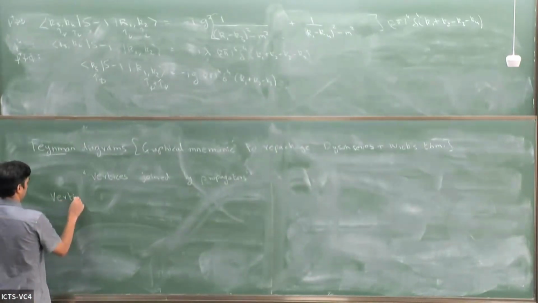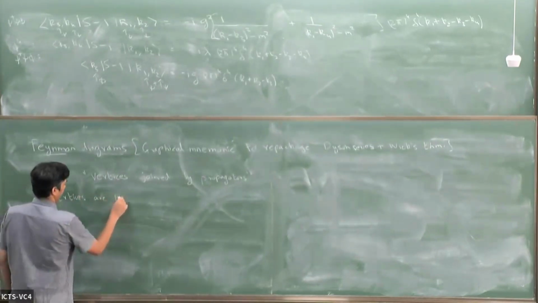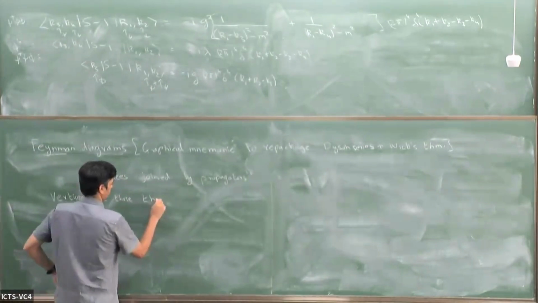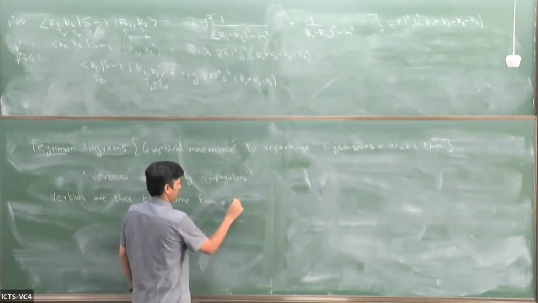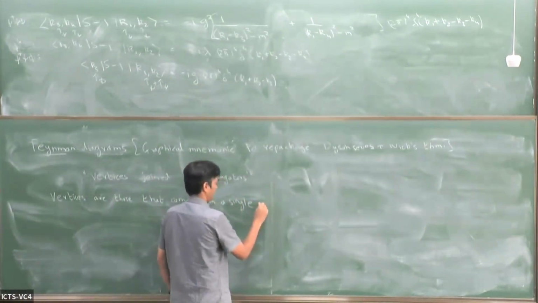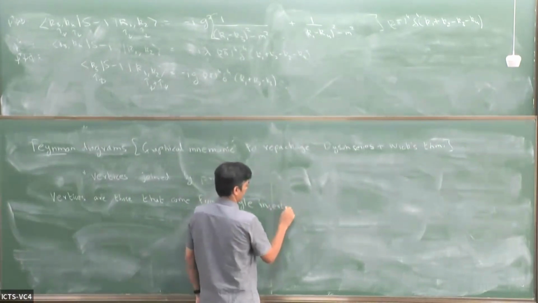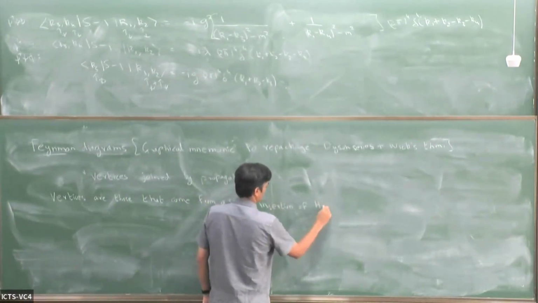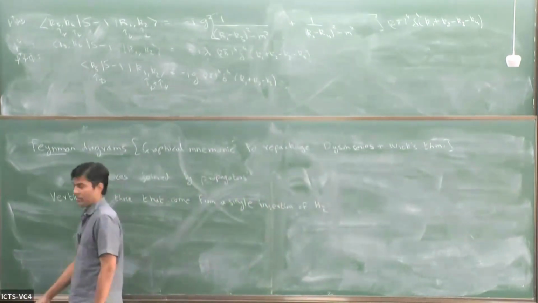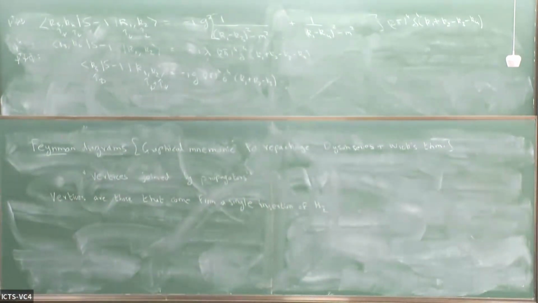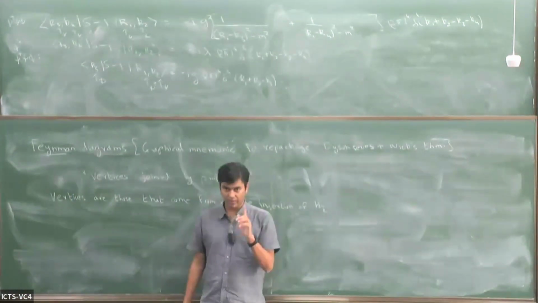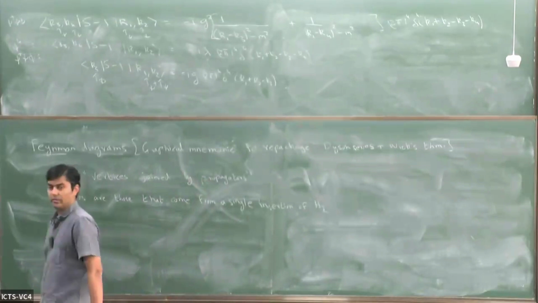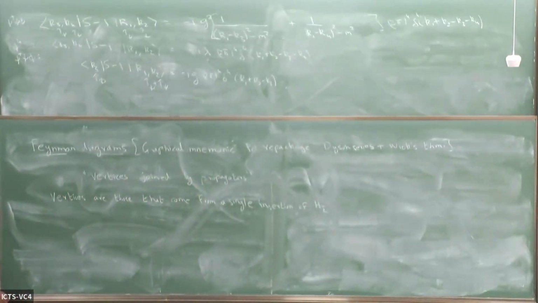Vertices are those that come from a single insertion of H_I. This is the general rule. There could be many kinds of vertices, and you might have thought, given a theory, how do we know what the vertices are? The simple rule is that vertices are those where you look at one insertion of H_I, and that already gives you the vertices. So in the phi to the 4 theory,